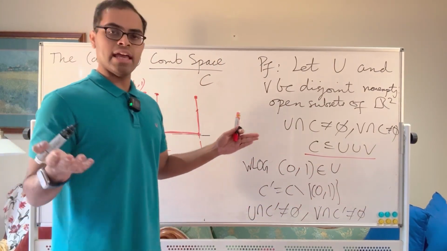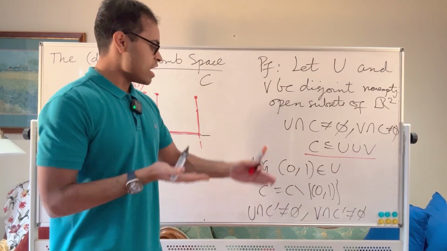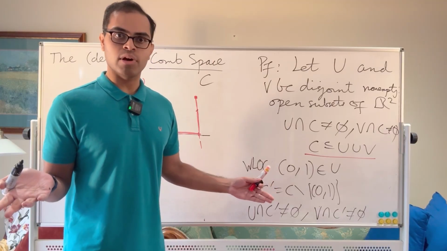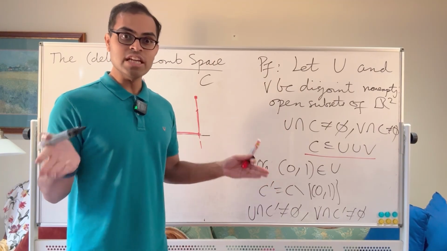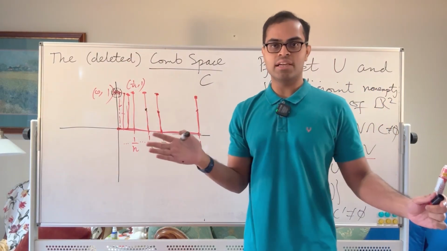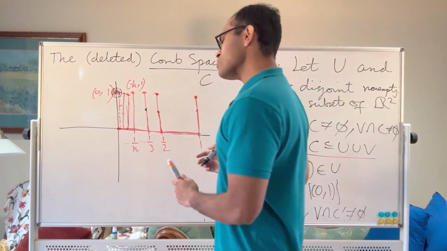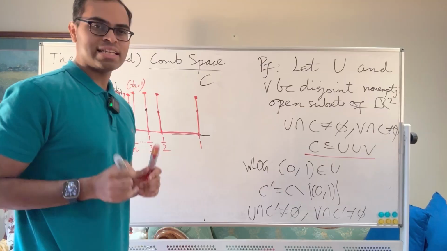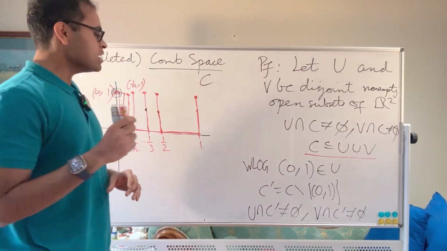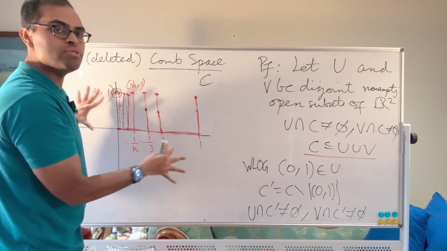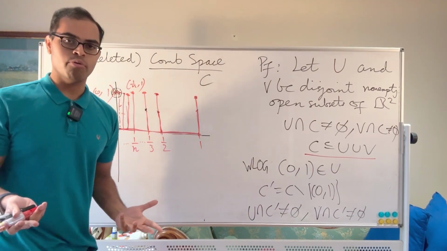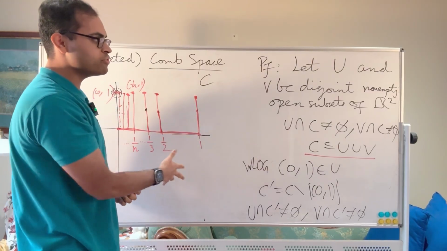And U and V are again open and disjoint. So every condition is satisfied, and their union is going to contain C prime as well. But that is a contradiction, because we know that C prime is connected once you delete (0, 1). That was the intuitive statement. So notice what we did here. We basically said that connectedness is a bit fuzzier than path connectedness. We couldn't separate it out into two discrete islands, even though it was not possible to connect (0, 1) to any other point. Okay, so that was our proof